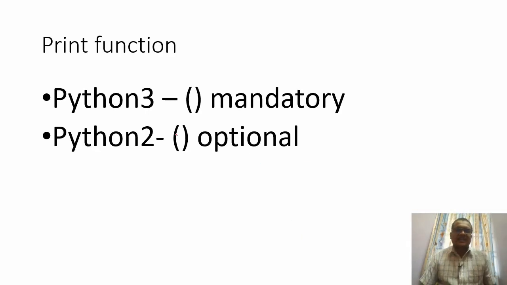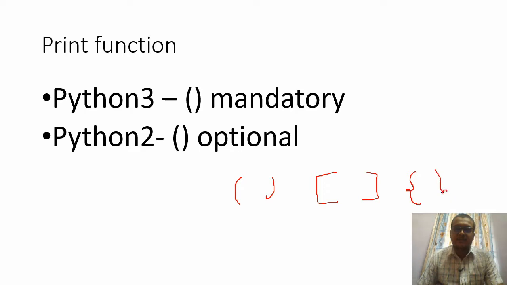So first let me start with a built-in function. Before starting this built-in function, let me clear one basic thing. If you are using any built-in function, you are going to make use of small brackets. You are not going to make use of big brackets or flower brackets. So if it is a built-in function or a variable which is already available in memory, to access that variable or to use any built-in function, the only brackets we need to use is small brackets.